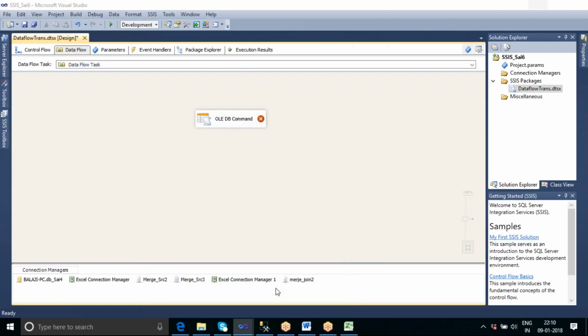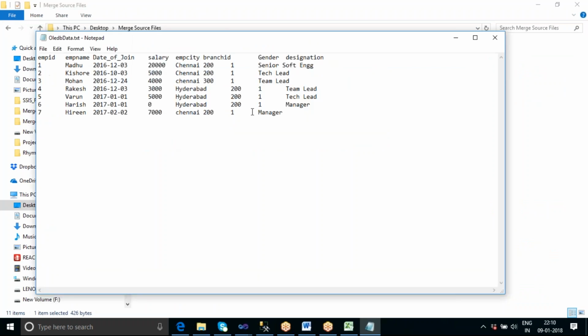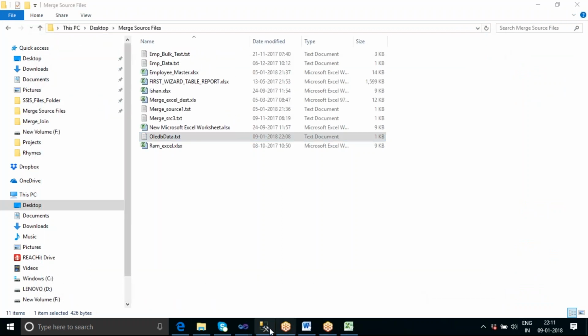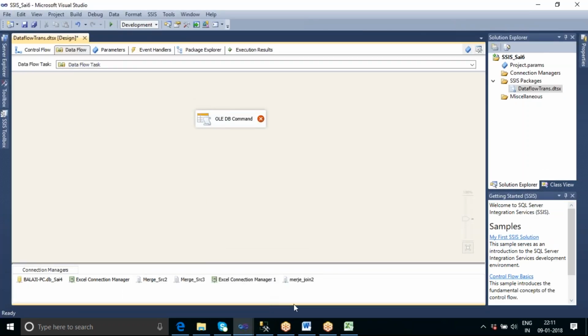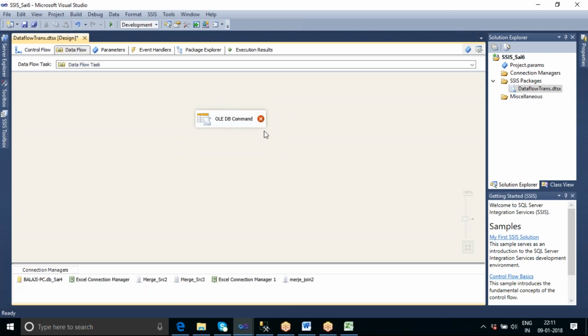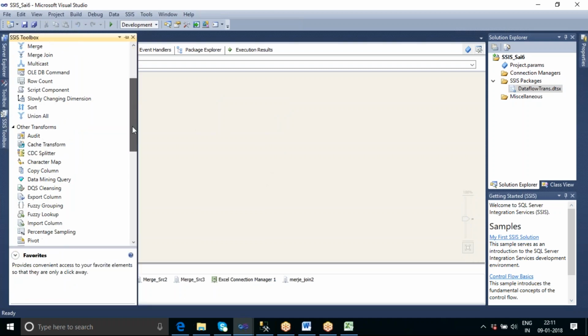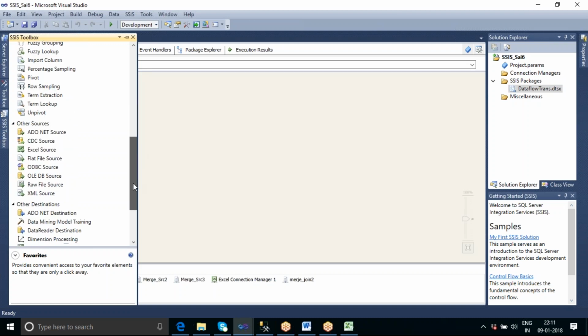I want to load this Excel text file data into my SQL table. How can I load it? We already saw that by taking the help of a data flow task. Let me take one data flow task. Now, before the OLEDB command, for the initial load, let me delete it. If I want to load the text file data into the SQL table, I can